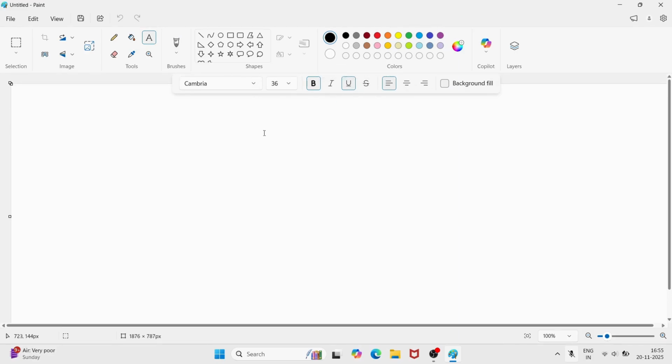Now my cursor, if you see the cursor, it has also changed to text style. Now I have to decide where I have to write. I will click here using the mouse and write whatever I want to type. For example, I am typing info tech